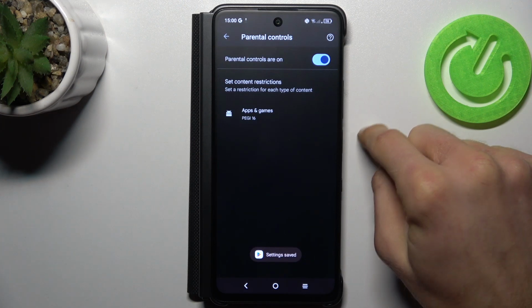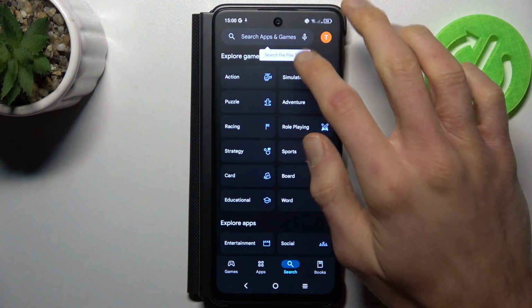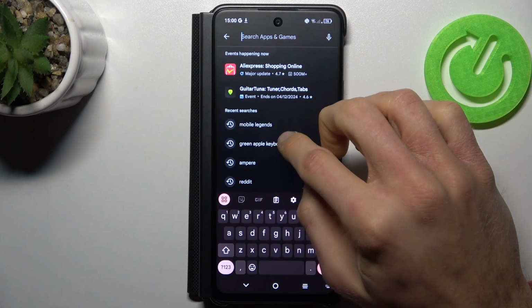You can also turn off your parental control by switching it off. And that's all. We can go back and try searching Mobile Legends games again, which is visible right now, and